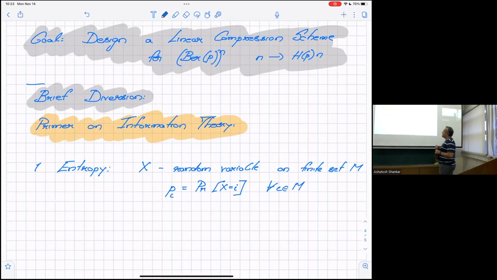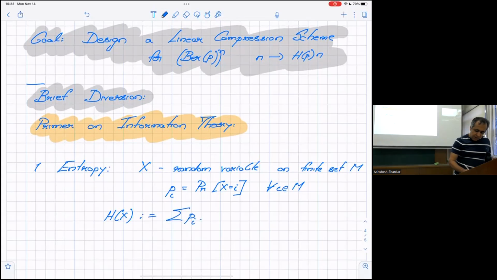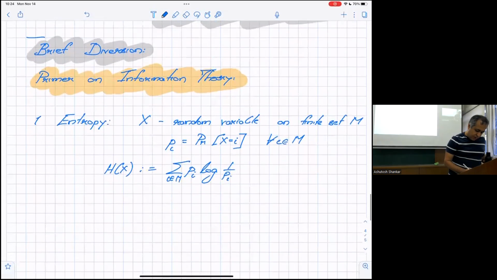In particular, the Bernoulli(p) distribution is the one in which M is {0, 1}, just the Boolean set, and p_0 is 1 minus p, p_1 is p. That's this one. So I'm specifying this. The entropy H(X) of X is defined to be the summation over i in M of p_i log 1 over p_i. That's the entropy description. It was introduced by Shannon, called Shannon's entropy. Informally, it is